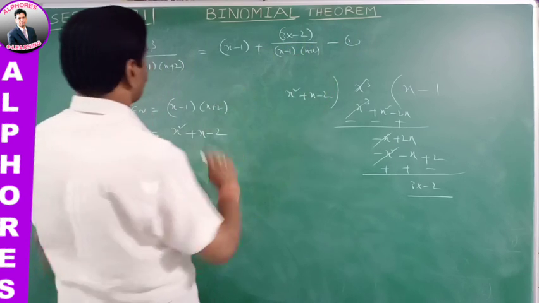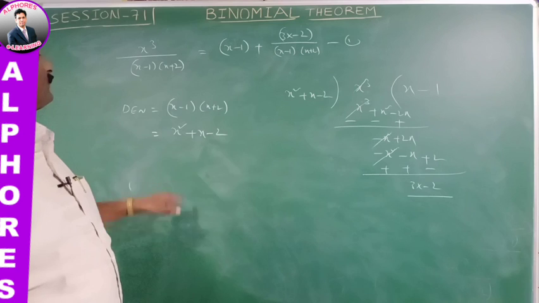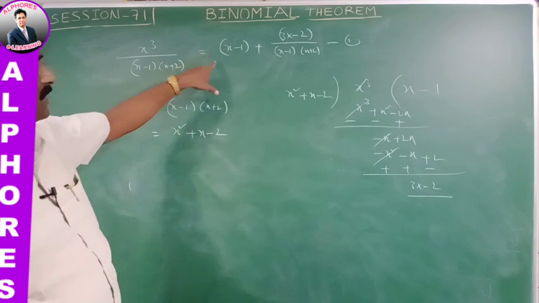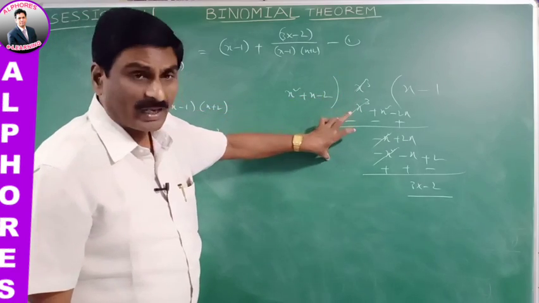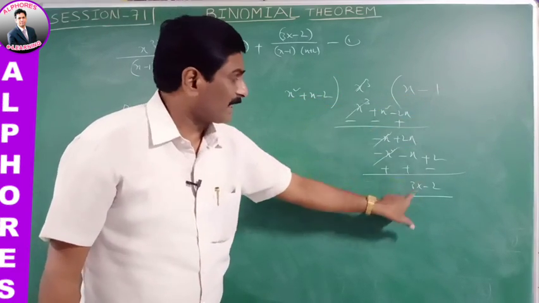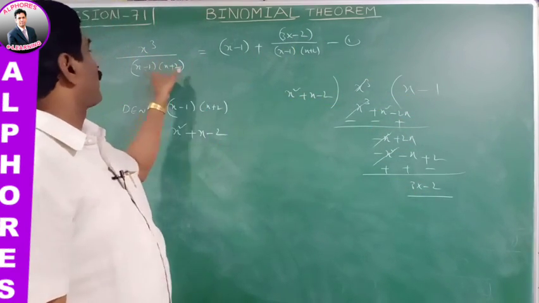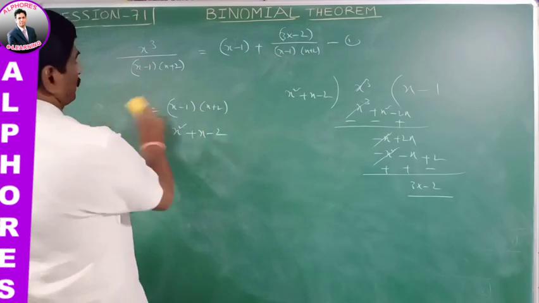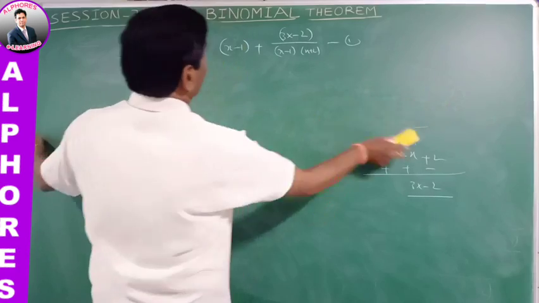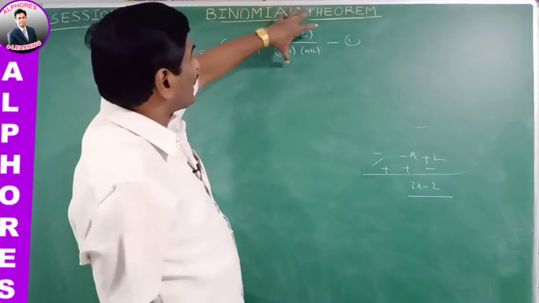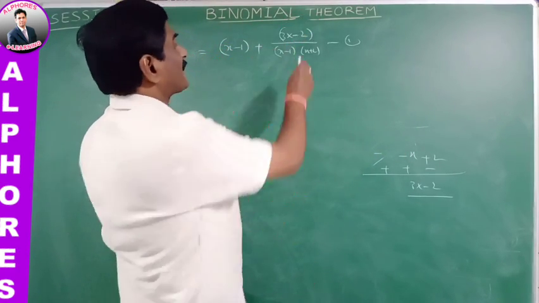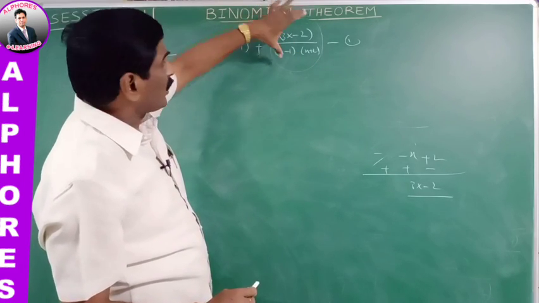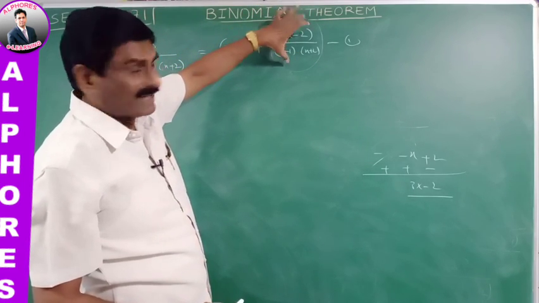Please write this value. By using the division algorithm, the given rational fraction can be reduced into x cube by x minus 1 into x plus 2 is equal to, by using this value, what is the quotient? x minus 1. What is the remainder? 3x minus 2 by denominator g of x is x minus 1 into x plus 2. This is equation number 1. In this case, it is the quotient, it is the r of x by g of x. Please observe this value. Degree of numerator is less than degree of denominator. So, it is a proper fraction and type 1.